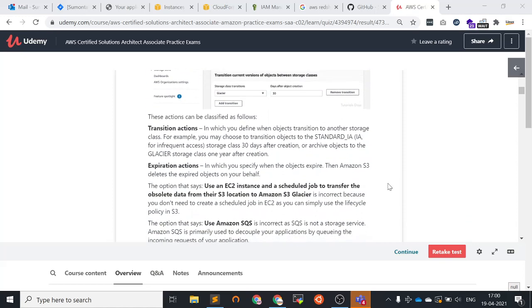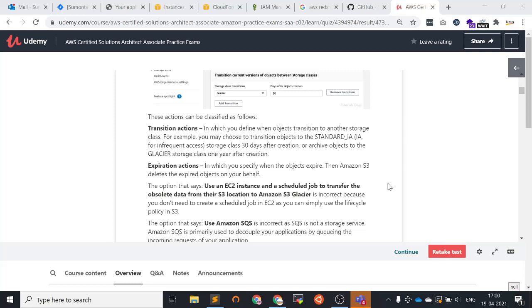These actions can be classified as follows: transition action and expiration action. In a transition action, you define when objects transition to another storage class.